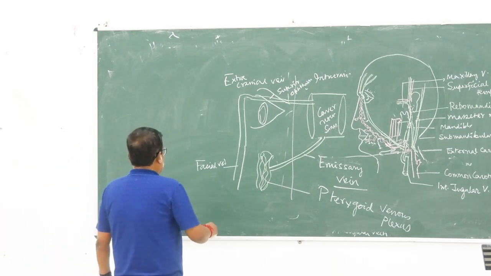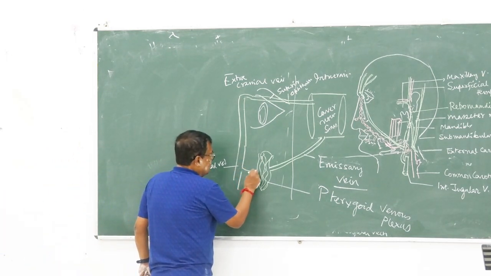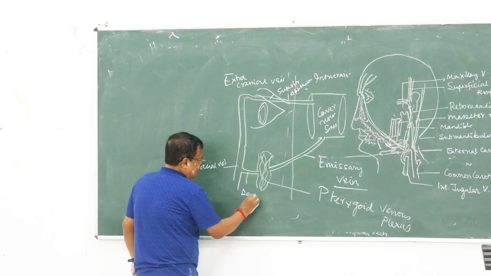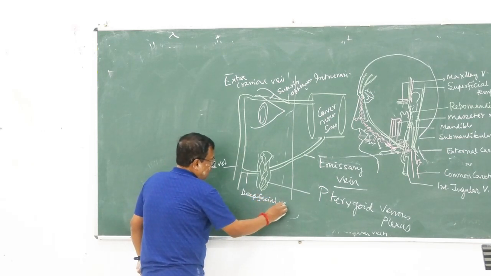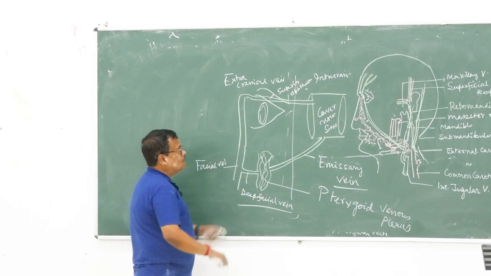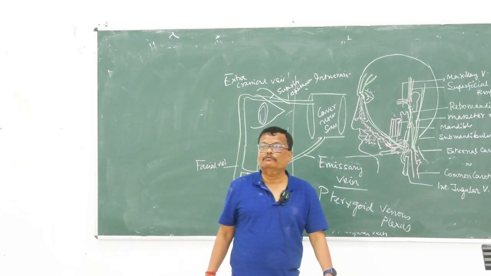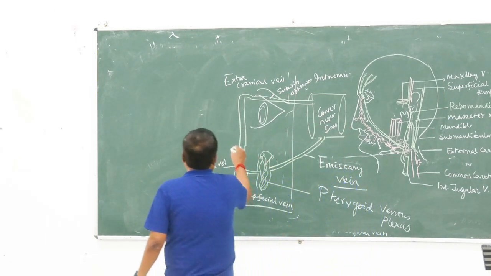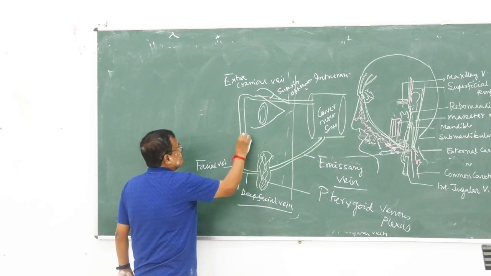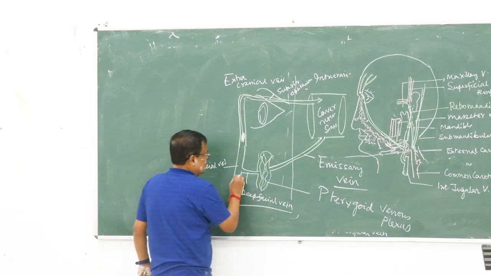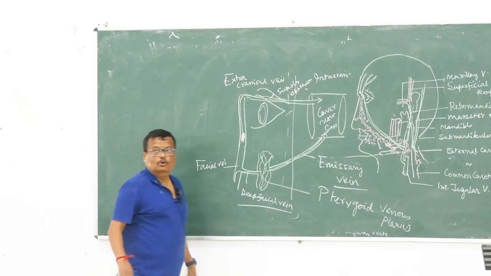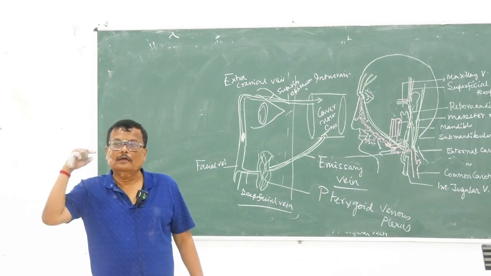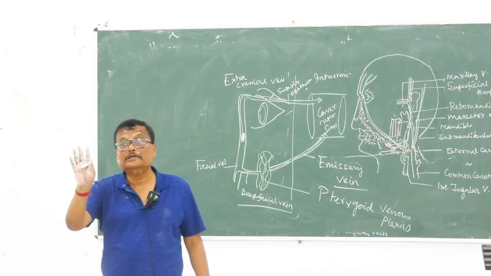Similarly, facial vein connects with the pterygoid venous plexus with deep facial vein, and pterygoid venous plexus in its turn communicates with the cavernous sinus. তাহলে any infection in the facial vein যেতে পারে। তো এইখানটায় একটা এম্বোলাস হয়েছে ফেসিয়াল ভেইনের, এখানে টক করে চলে যেতে পারে, সবার যাবে না, যেতে পারে।